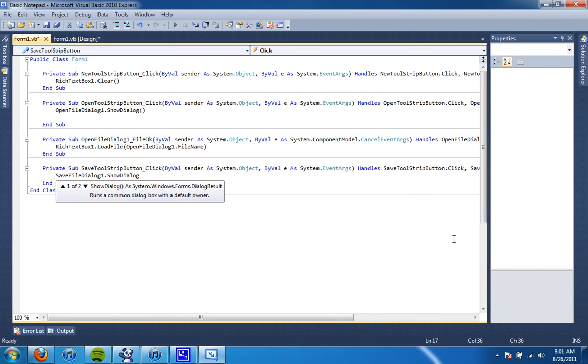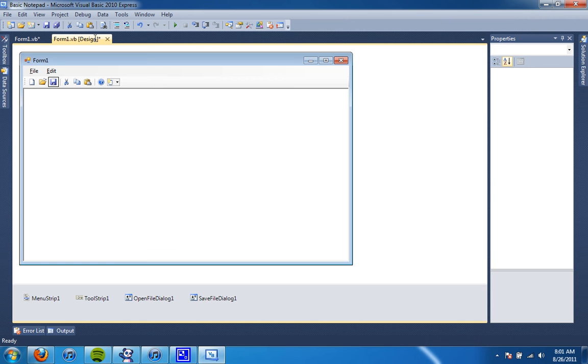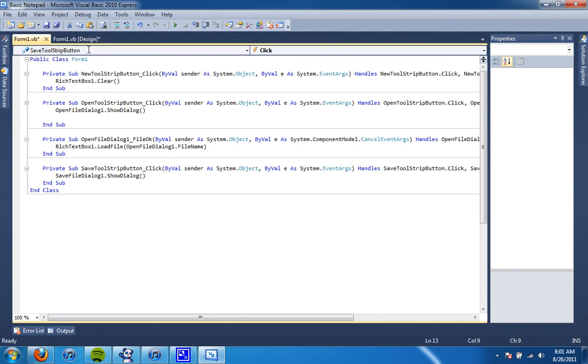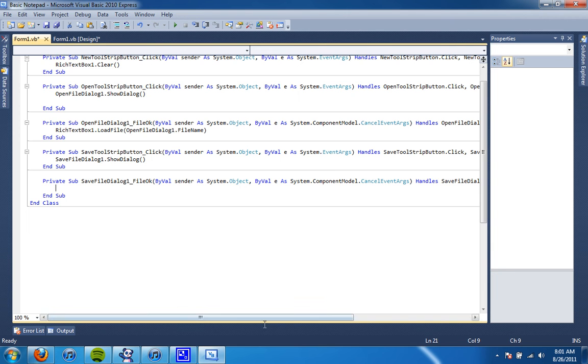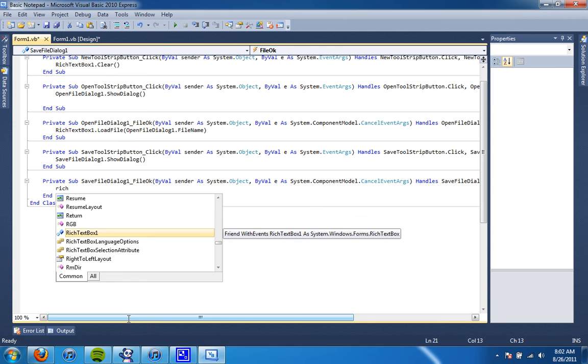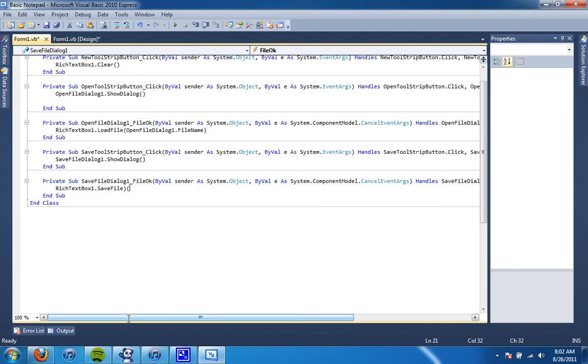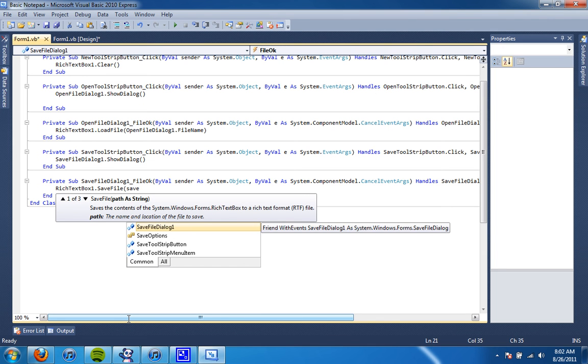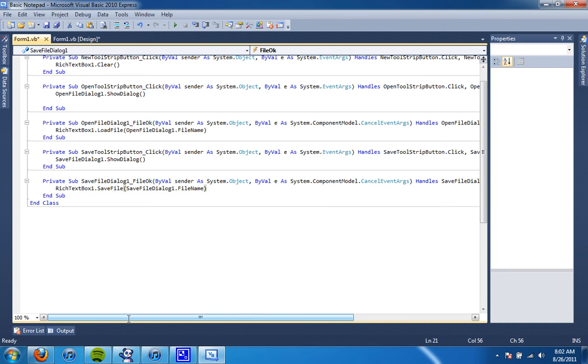Now go back over here and double click on the save, not open like I just did, but in the file OK, and type rich text box one dot save file, save file dialog one dot file name. Now that we've got that straight,